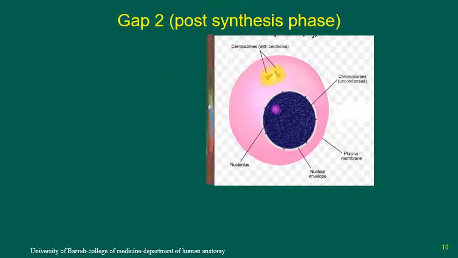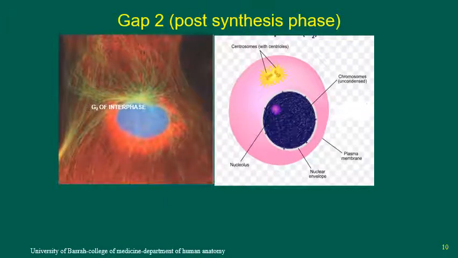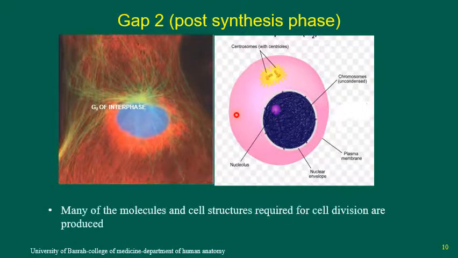The second phase of interphase is called GAP2, or post-DNA duplication. It is the shortest phase of the cell cycle, in which many of the molecules and cell structures required for cell division are produced. For example, production of the protein called tubulin. Tubulin is a subunit of the microtubules, is produced in large quantities and assembled into microtubules, which will form the